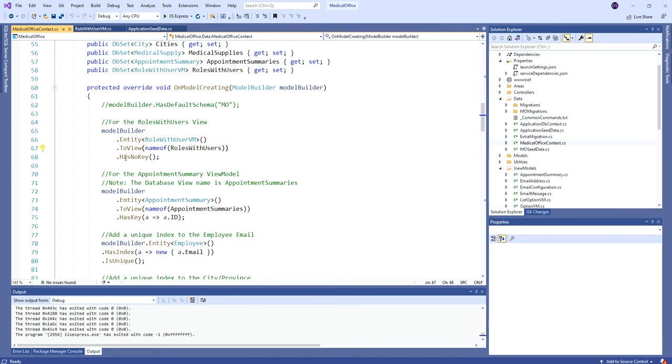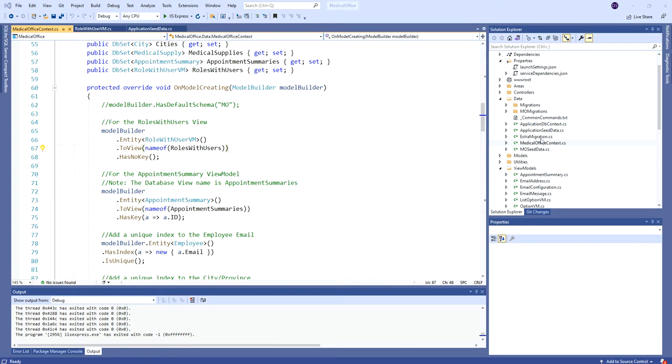But the other key thing here is, note, it has no key, right? Whereas in our last one, we had an ID as a primary key. We have no key on this particular one, which is appropriate in this case. Okay, and when we pause,